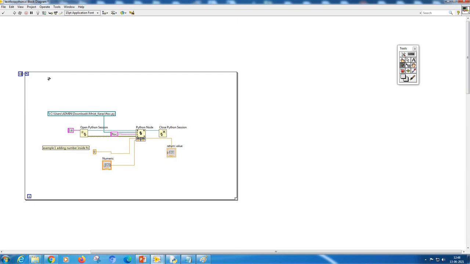That means n is equal to 10, so the i value will be incremented from 0 to 9. So you can now remove this numeric thing. I can delete this and simply connect i to here, so that it will vary from 0 to 9.